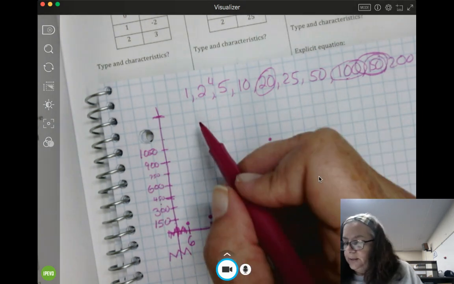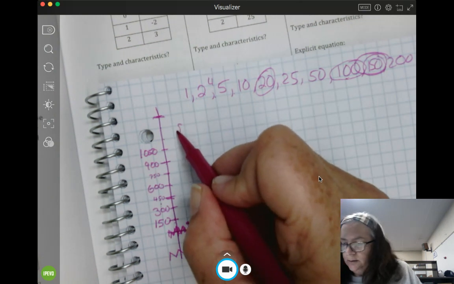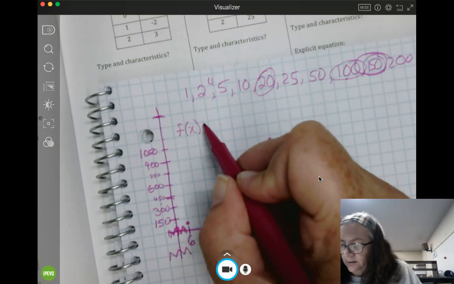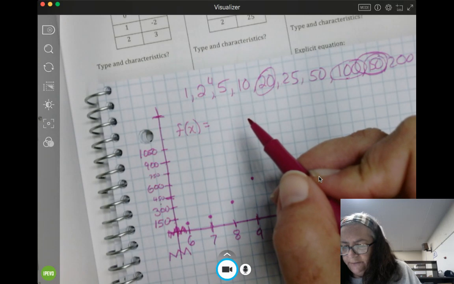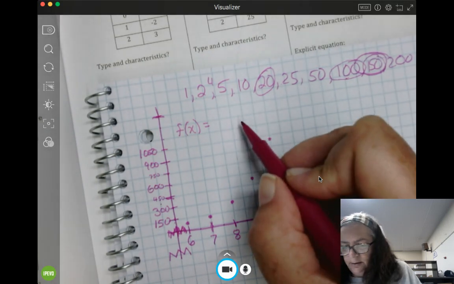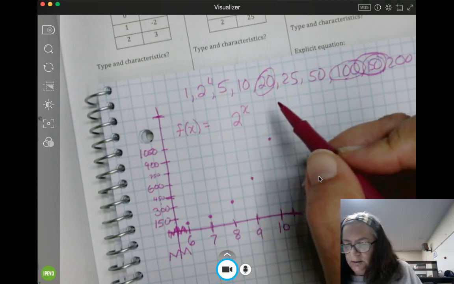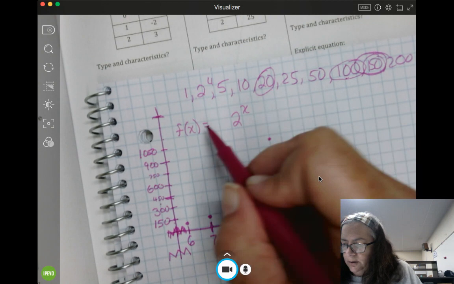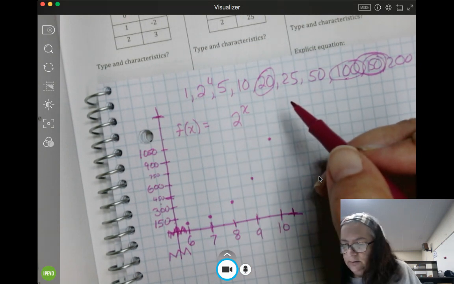Okay, then it said to write the equation. And let's see, this was f of x equals, I forgot to figure out what the initial value is. But I know it's times 2 to the x. So let's see. It is just 2 to the x. Right? Because if I do